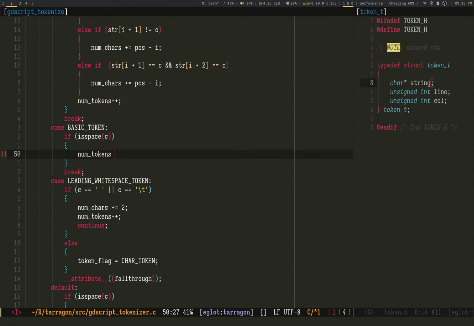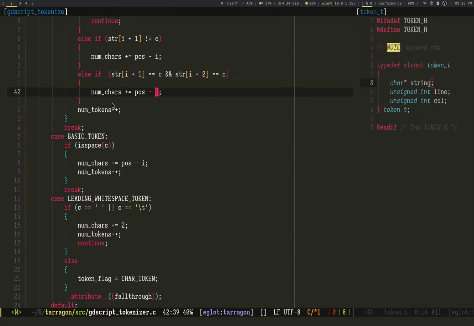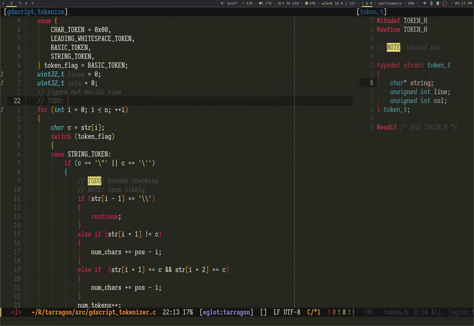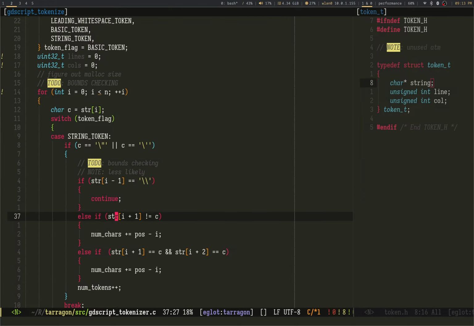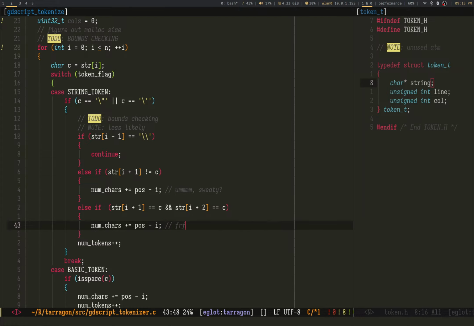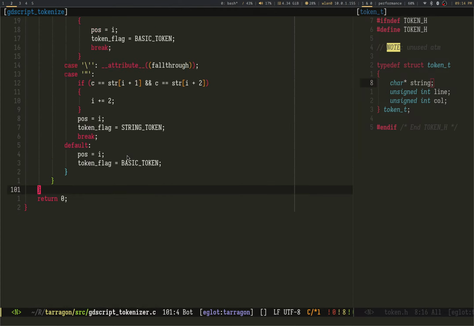Num tokens plus num pause minus I. And checking. Looks good to me. Looks good.